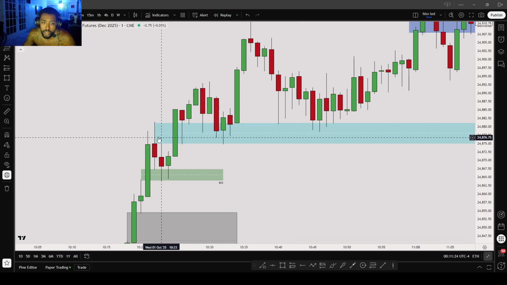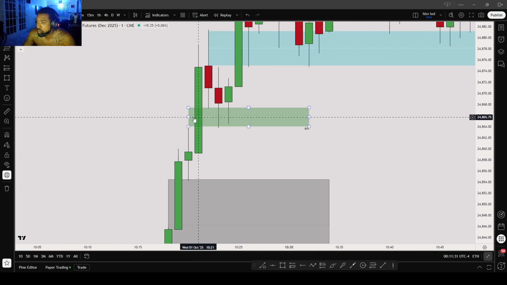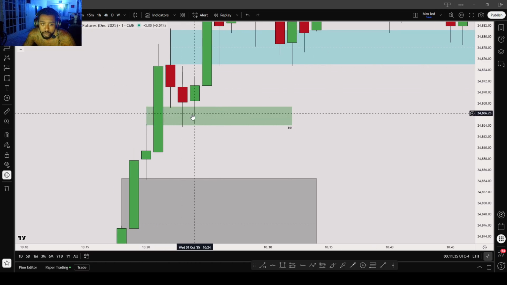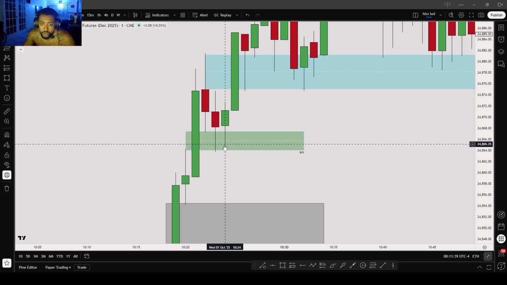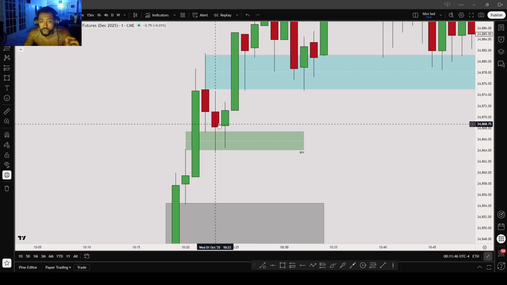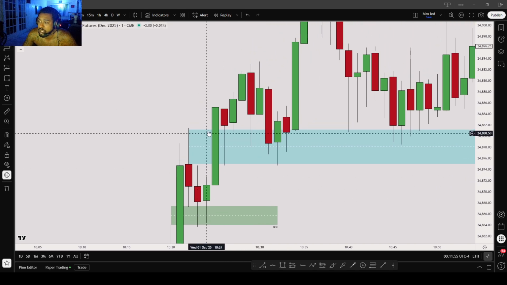So you see how it comes up right here, comes right back down. Let me zoom in. See how it comes up, leaves this fair value gap, coupled with this wick. You see how it comes right into the wick, expanding away. No candlestick closing. That's what you want to see. You want to see wicks in the lower half, right? You don't want to see any body candlestick close. Look at the closes. Look at the candlestick closures. It's in the upper, literally outside of the fair value gap, the inefficiency. Exactly what you want to see leaving.